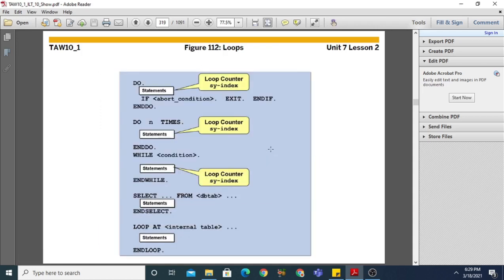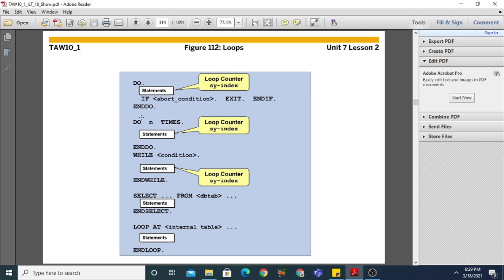Come to the next topic, and this next topic is loops. In case of loop constructs, we have conditional branches, loops, or unconditionals. In a nested loop, sy-index, that is the loop counter, always contains the loop pass number of the loop in which it is located. And you can also see a number of types of loops are there.